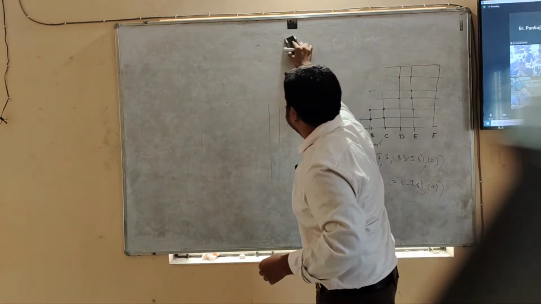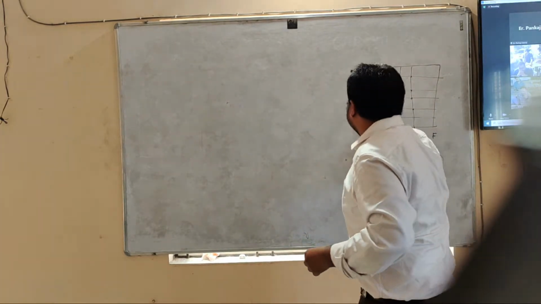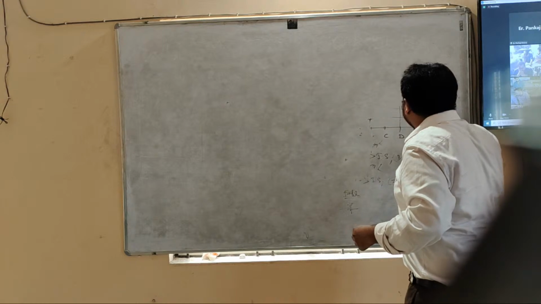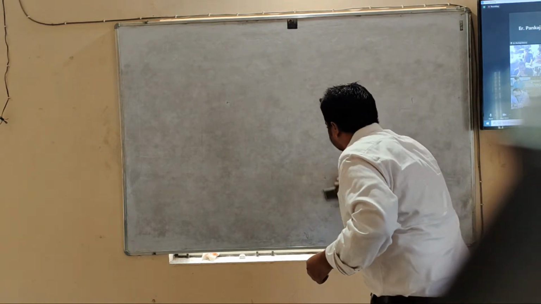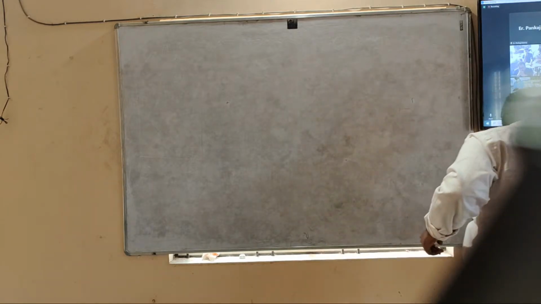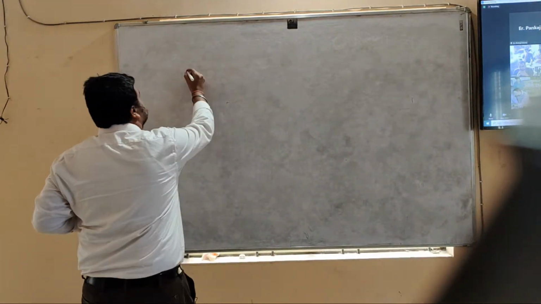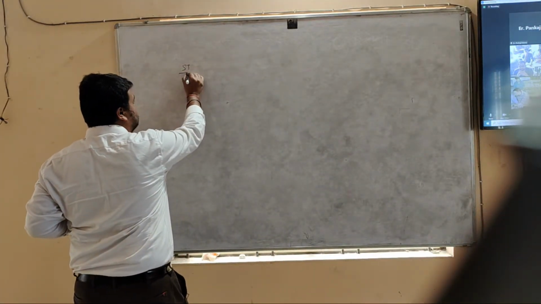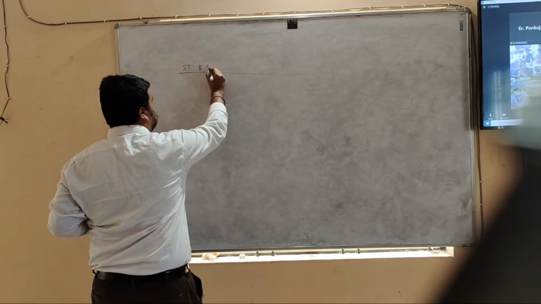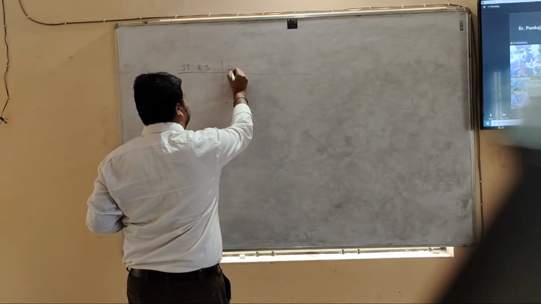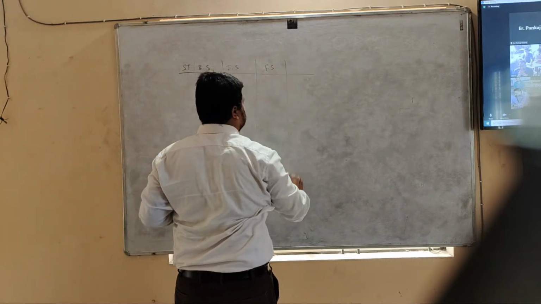So generally, profile leveling we will do in road cases like a highway or NH. You have to consider the width of the road and the length, such things. So see, this is your station, and after that this is your backside, this is your intermediate side, and this is your foresight,